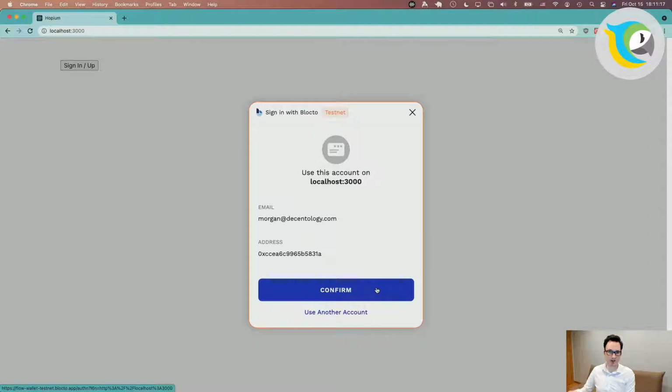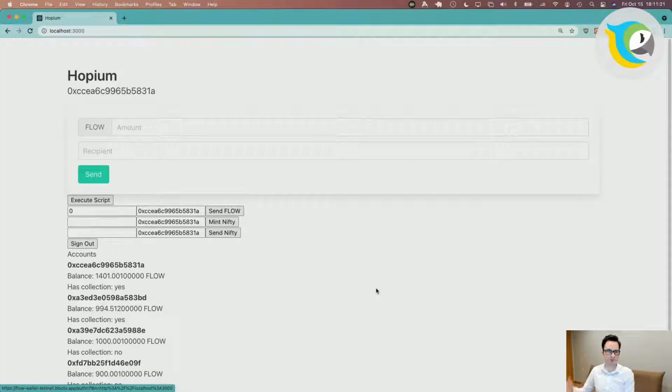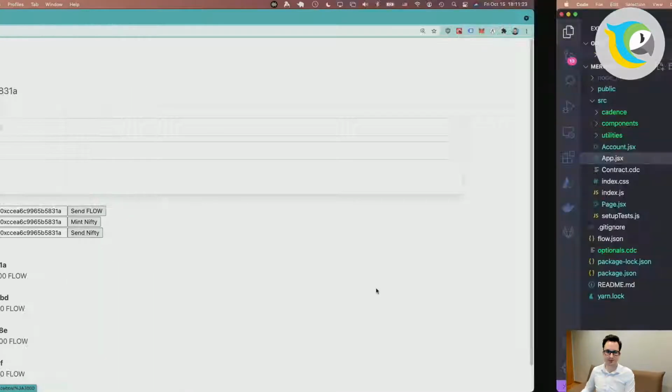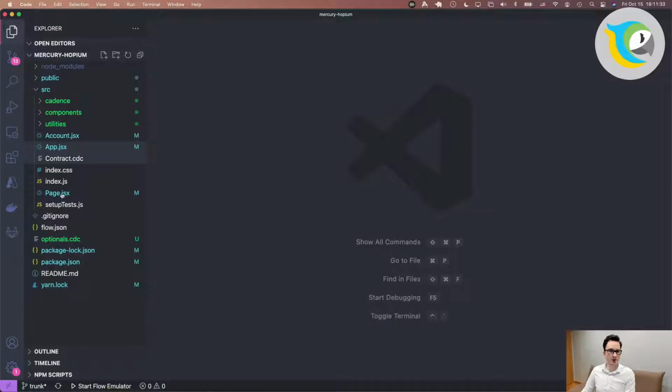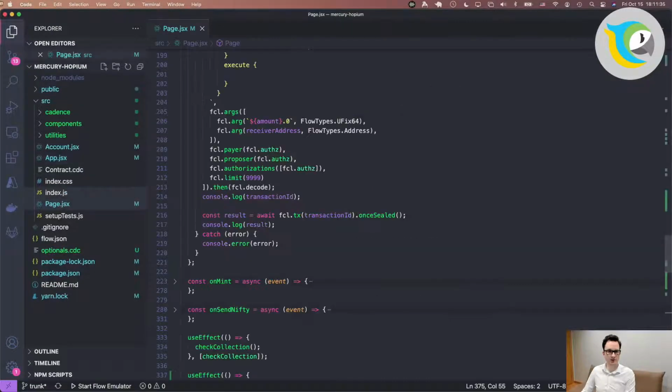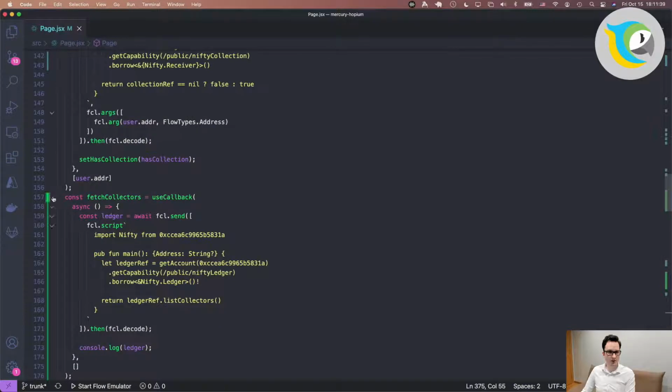I've previously signed in with my Decentology email, and now we're in the logged in state, which renders a page for a given user. So we pass in the user as a prop, and let's look at page. What's going on there? Page right now has a bunch of stuff.